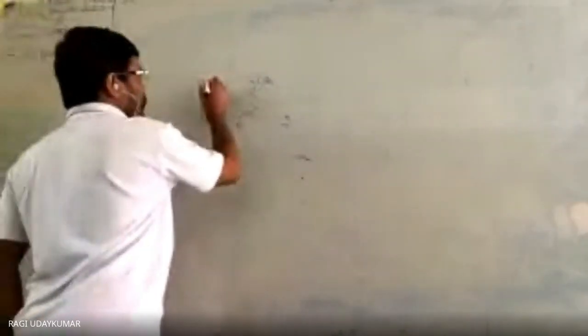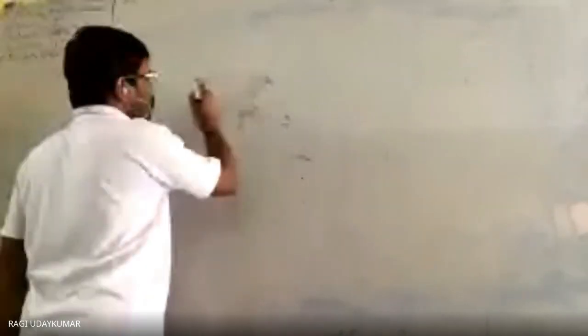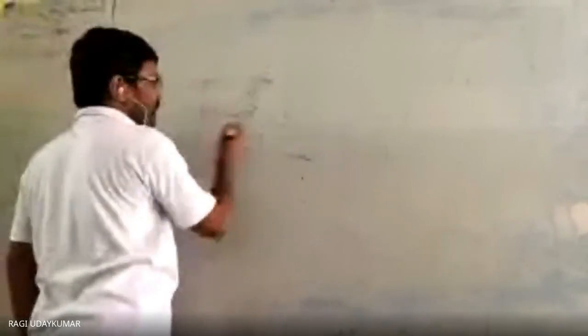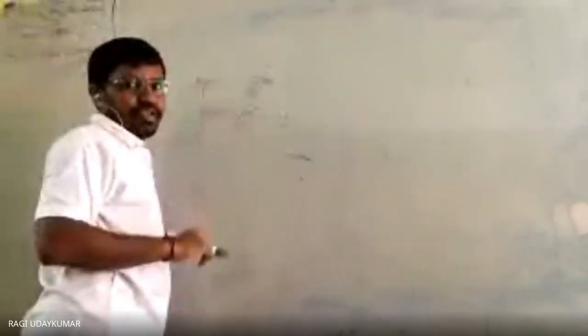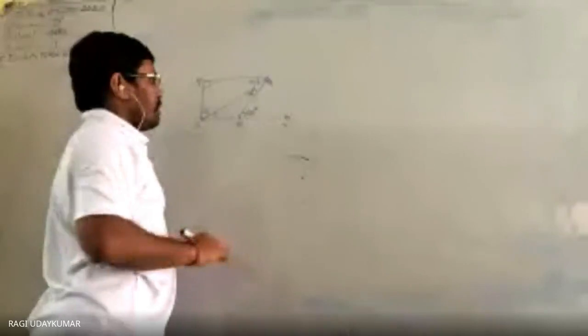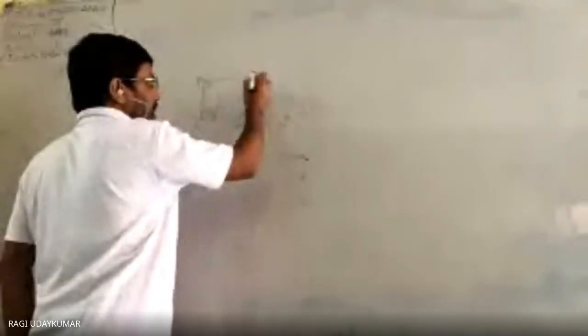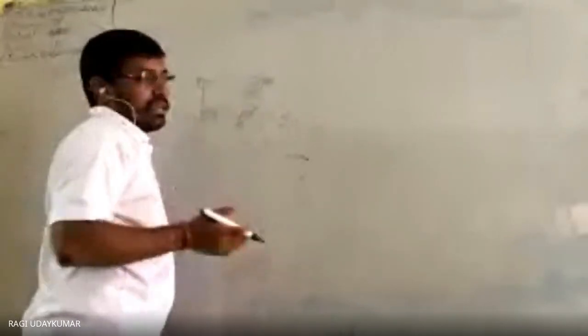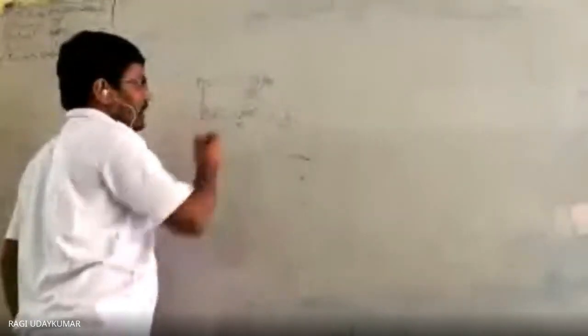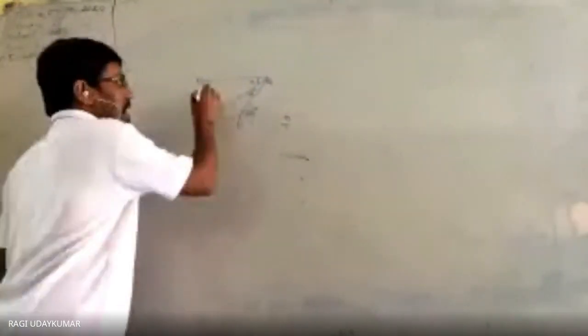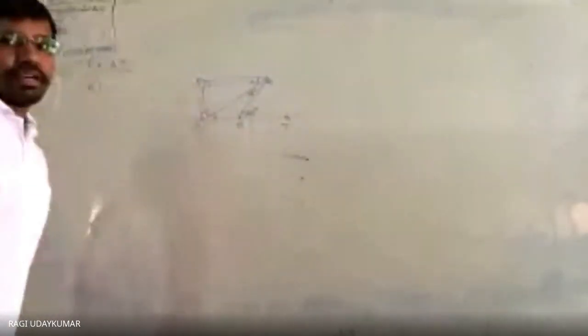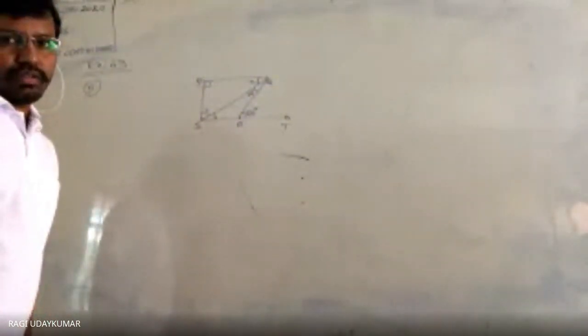PQ is perpendicular to PS, it is given. PQ is parallel to SR or SC, both you can use. So now here, this angle and this angle are both equal. If you find out this angle x, you are going to get x plus y plus this, which is 90 degrees, indirectly given, and y also you can find out.